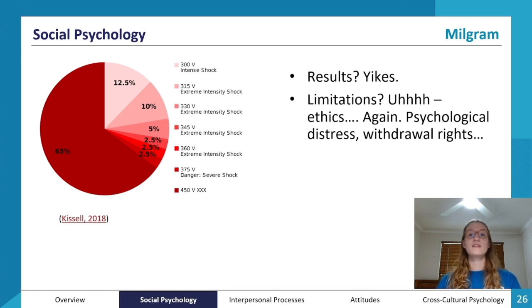So what were the results? Yikes, they were scary. To summarize, the level of obedience was shockingly high. And again, limitations, definitely ethics, psychological stress, withdrawal rights, and we'll have a look at some more limitations in some of the next few slides,